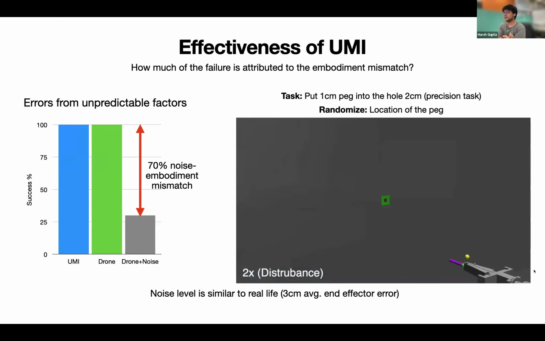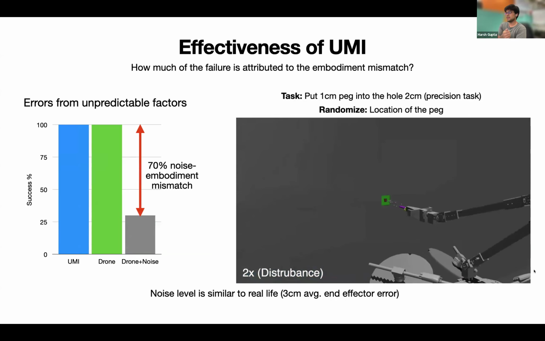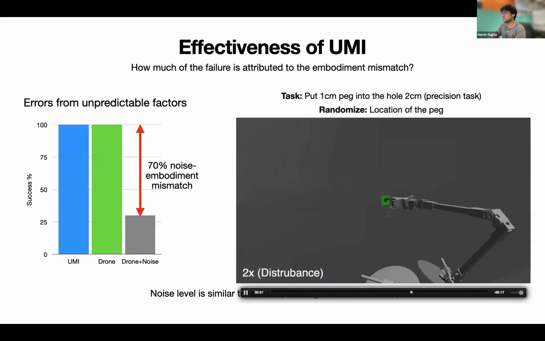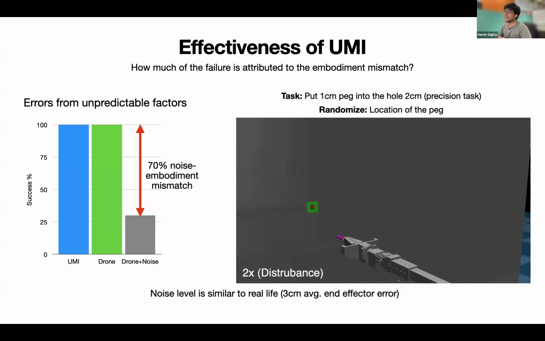And this time I added noise levels that were similar to real life, which translate to around 3 centimeters on average of end effector error. You can see here the drone really struggles. It's a really hard task to even do in teleoperation. I think even I have a 50% failure rate if I was to do it while teleoperating